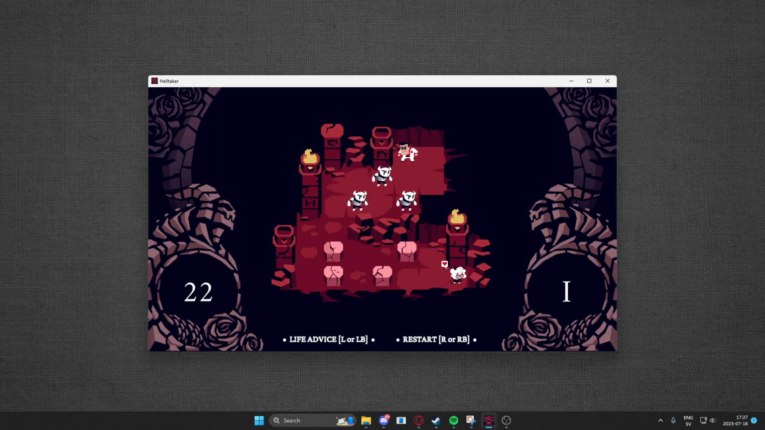So for our trainer, we will try to remove the function that decreases our turns. And to do that, we will need Cheat Engine. But before we start,